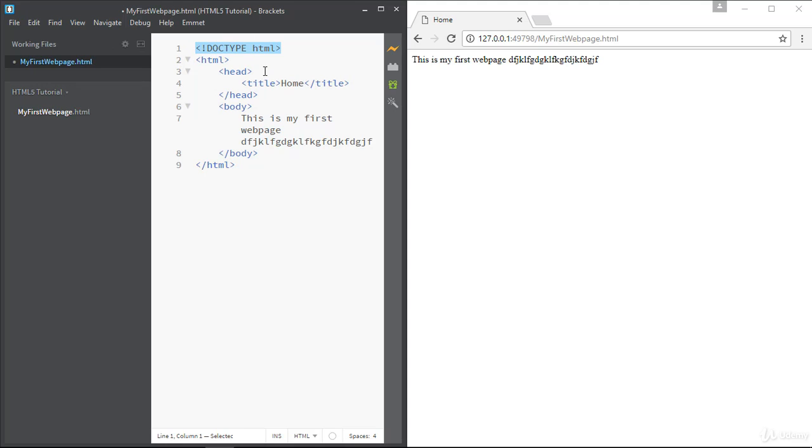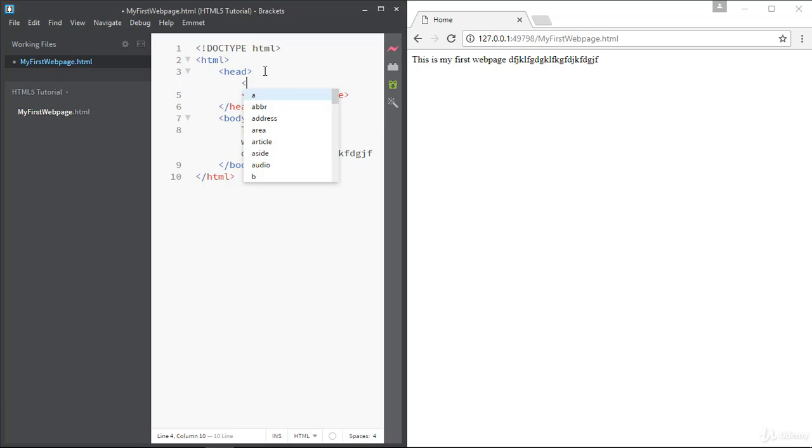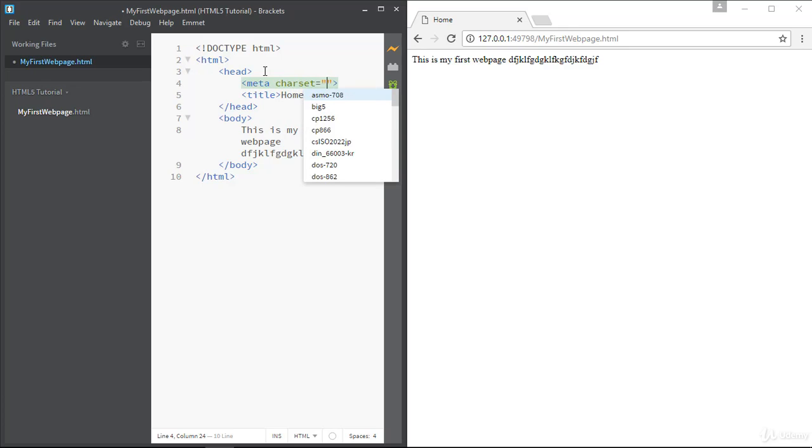Now one more thing, I have to mention here what kind of or what type of character set I am using. For that here I have to use self-closing meta tag, and in that one attribute I have to use char set, and the value will be UTF-8. UTF stands for Universal Text Format 8. It will support every regional language.